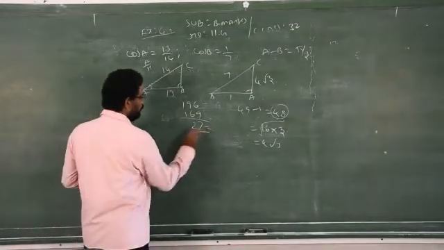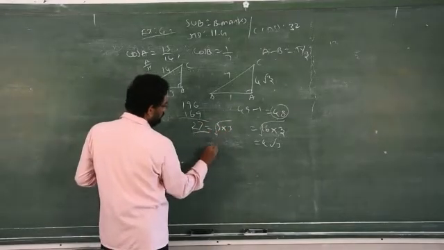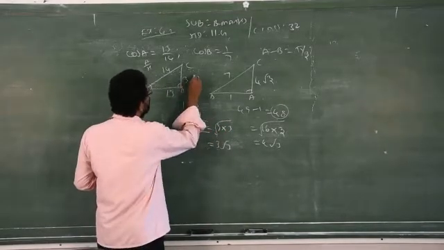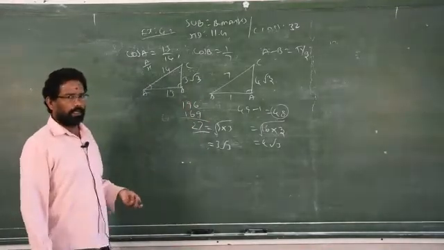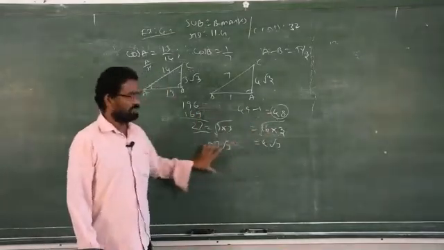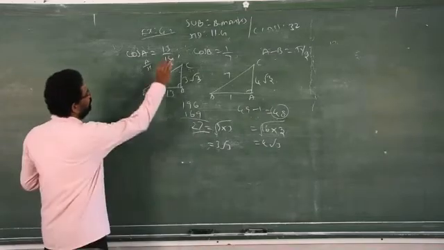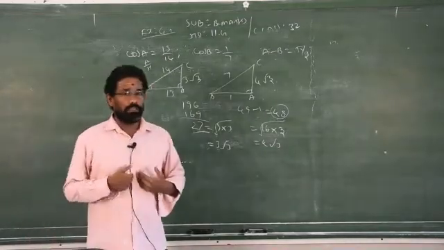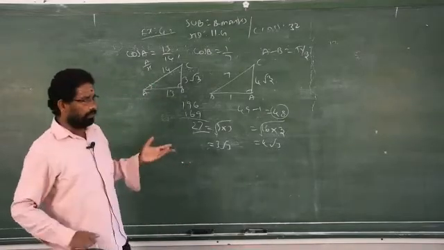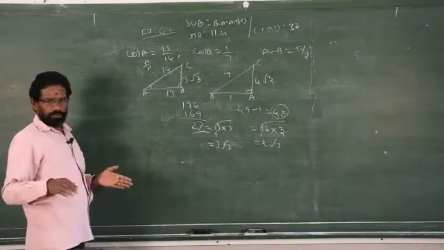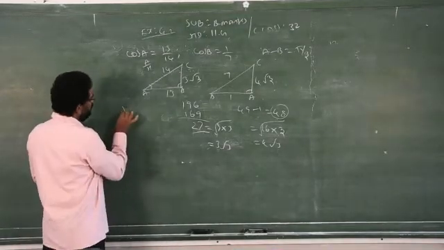Now again you have to rewrite the number as a square number times a non-square number. 9 3s are 27. So 3 root 3. So answer is 3 root 3. Clear? So this is the easiest way to find out. This doesn't carry marks, I am telling you. Just for your understanding purpose I did. So now, I am using only the tan A minus B formula. If you want to use other two formulas, you find out according to that formula what you are going to use. Now I am using only tan A formula, for which I need tan A.